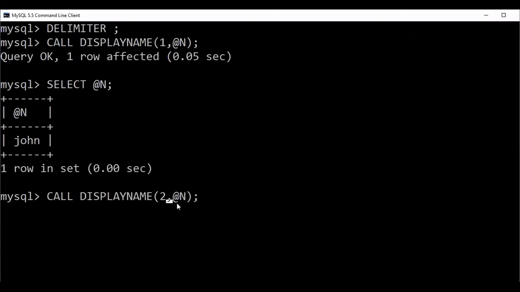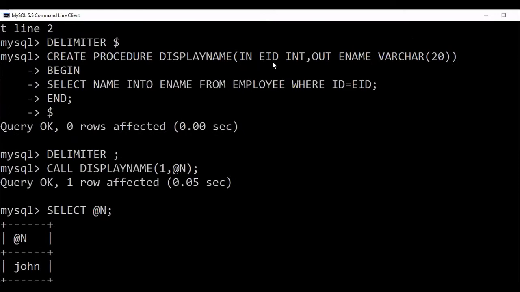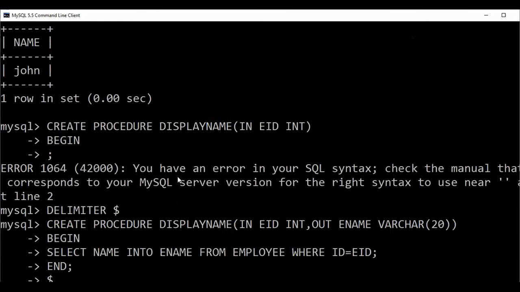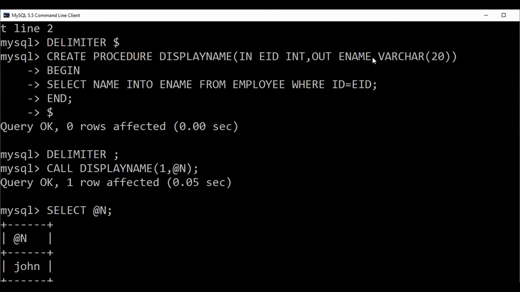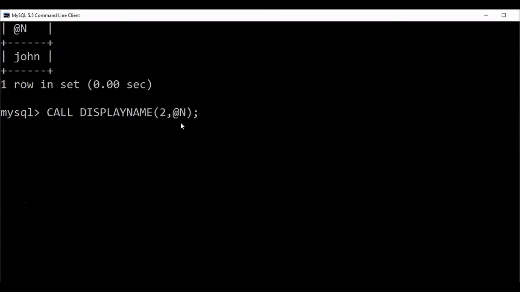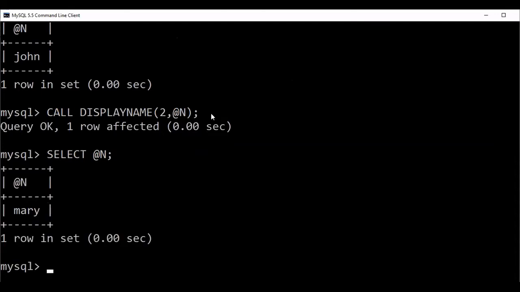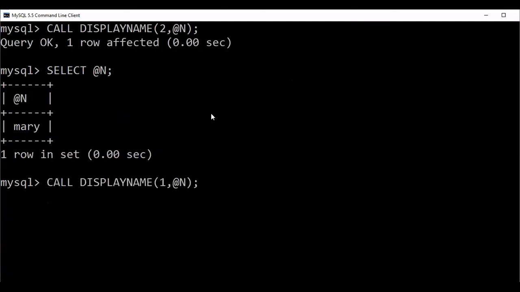for 2, here EID will be 2. Then what will be the ename for 2? Ename for 2 will be Mary. So Mary will be stored in this ename. Again, while calling this procedure, this Mary will transfer to this n. So now I'm executing this. Again, I'm selecting n. So it will show Mary. You can see. Similarly, if I call the procedure by using 3,